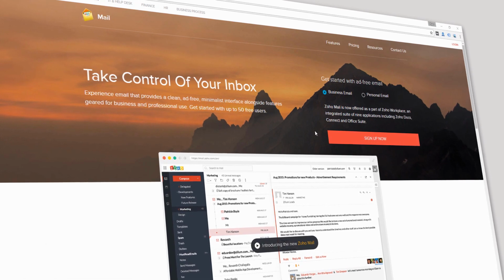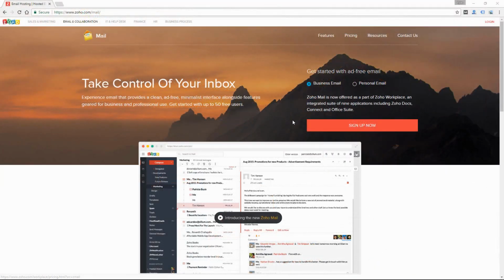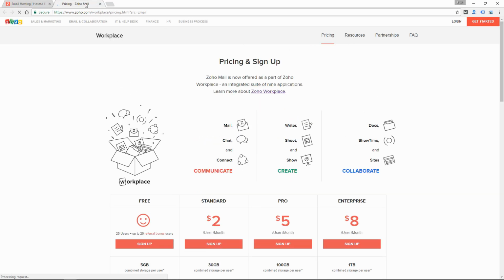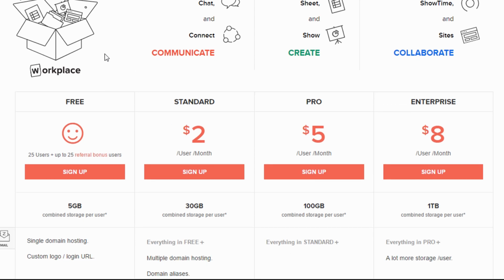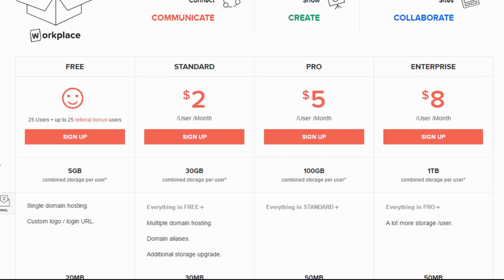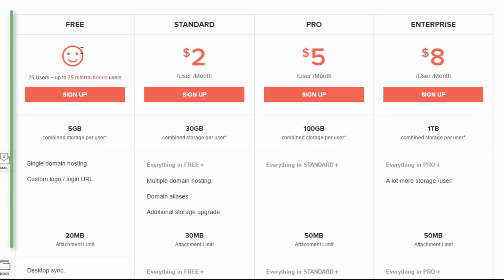In this video I'll give a quick overview of Zoho Mail features and the setup process. Before we jump into the setup, let me click on pricing here at zoho.com/mail, and here you can see what's captured everyone's attention and made Zoho pretty popular is their free